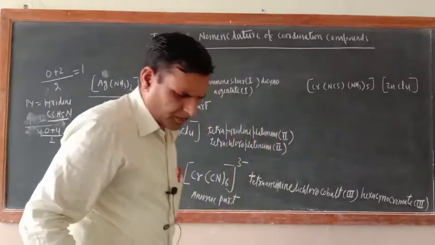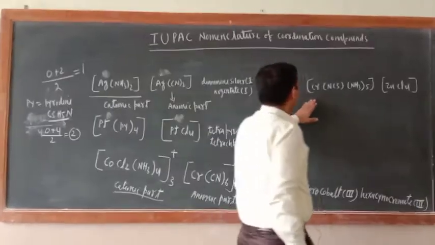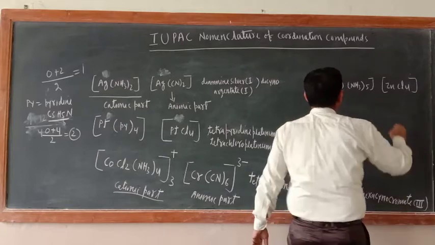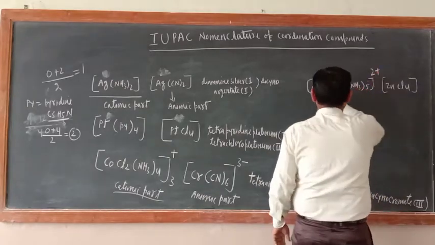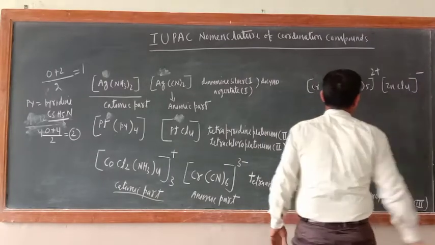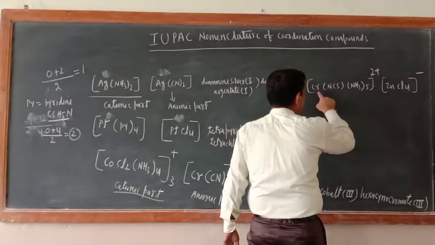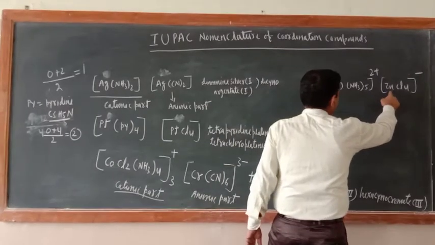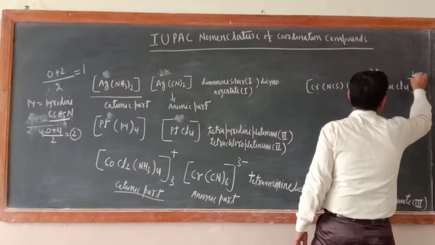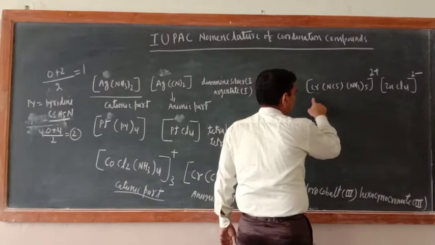Chromate, no problem. Same way we can do here also. Here you will have 2 positive charge, then only chromium will be 3, and here single negative charge. Now just see here, what is the oxidation state of chromium here? 3 positive. Here zinc will have 2 negative. Okay, now just see, write down their name.